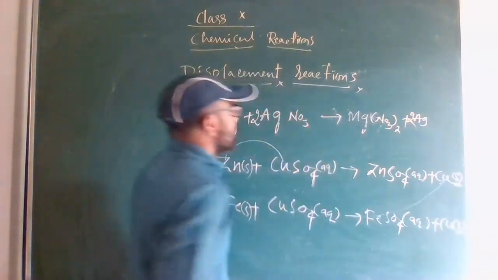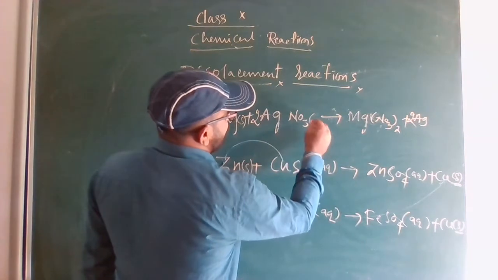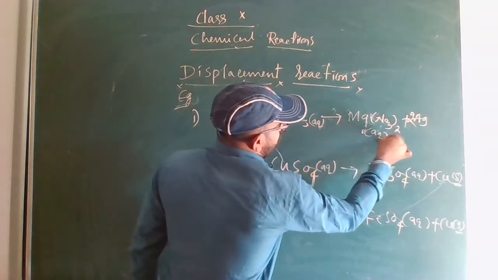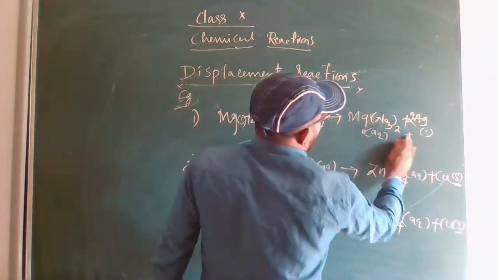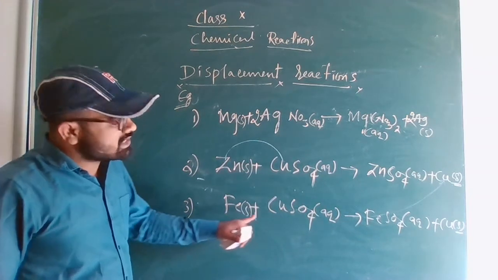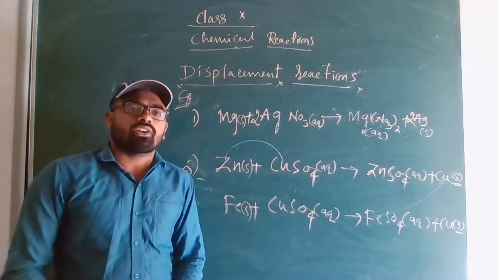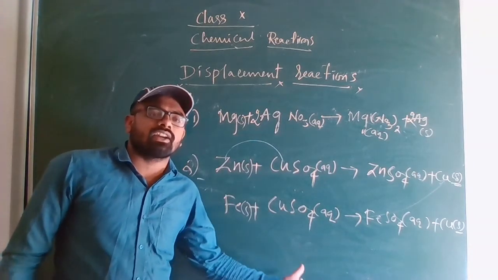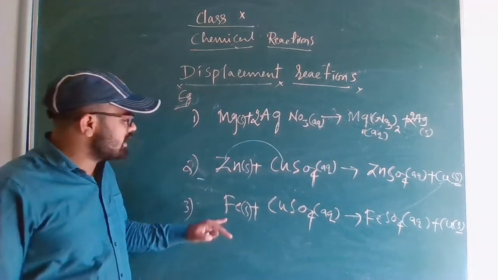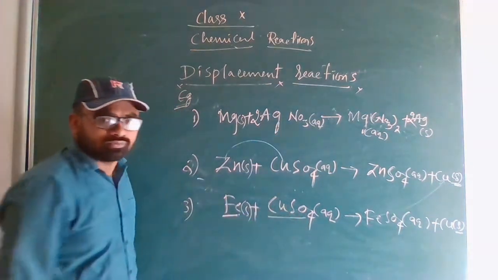This is solid. See, here also you can write this is solid. This is, you can say, aqueous, silver nitrate. So aqueous plus this is solid. Okay. See, iron is again displacing copper here from its sulfate solution. Here what it is doing, iron is displacing the copper from its aqueous solution. So iron is taking the place of copper. Iron here, copper sulfate there.